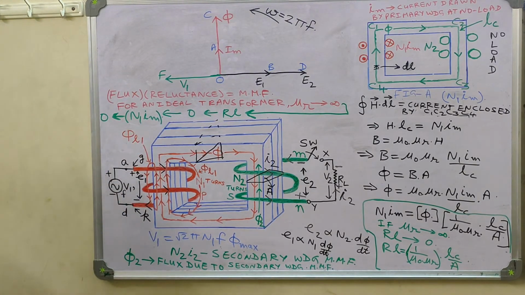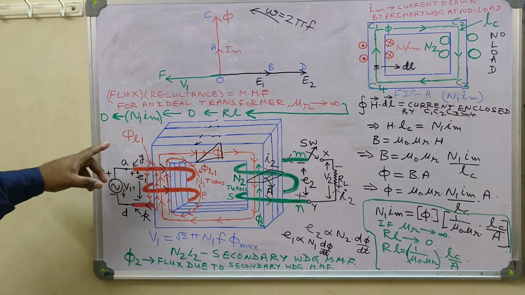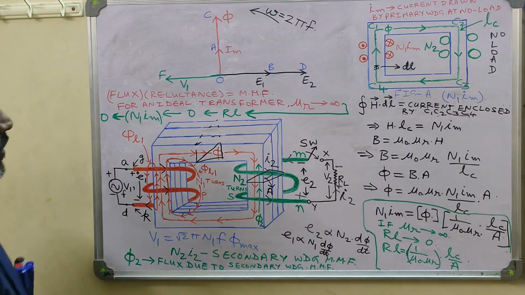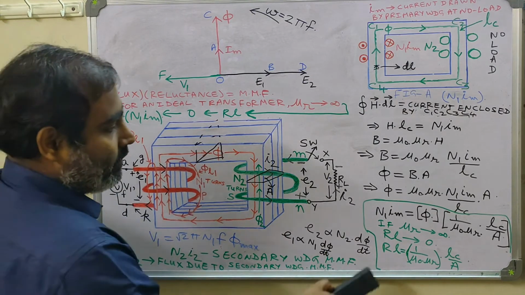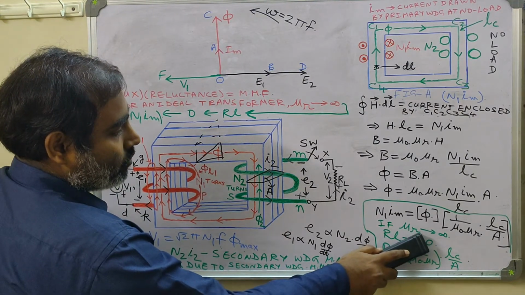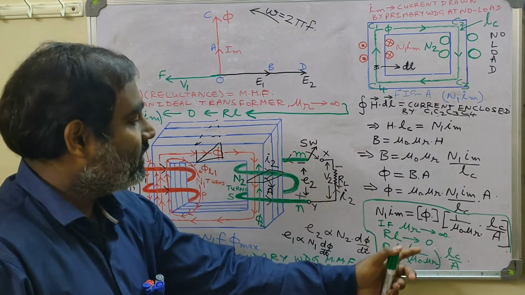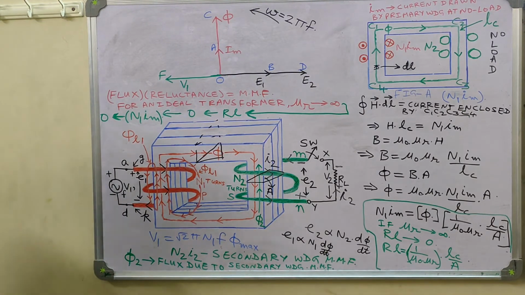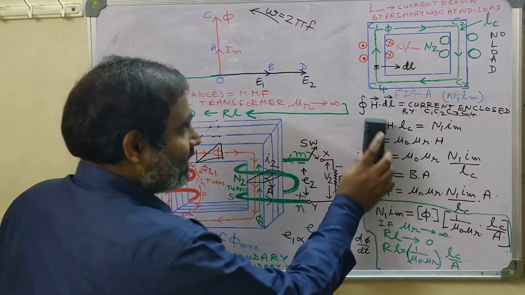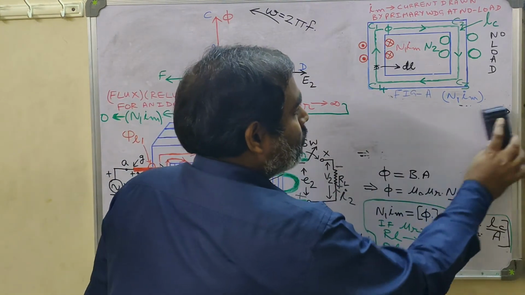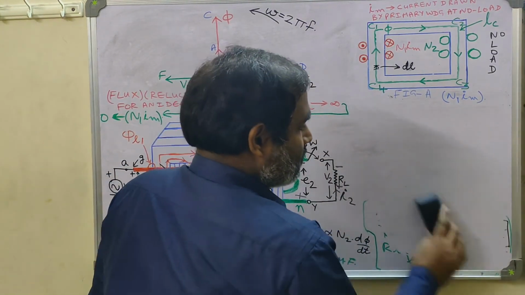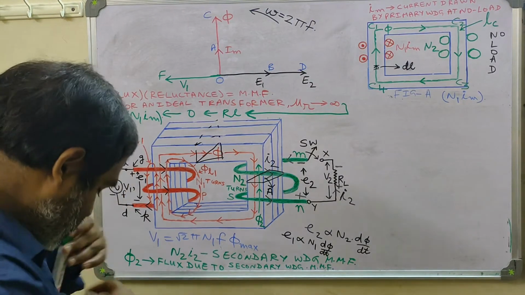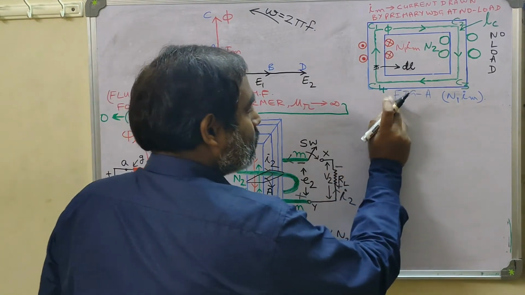Okay, so what can we write? That for an ideal transformer, if you make the assumption mu r tends to infinity, then magnetizing MMF tends to 0. So this is one conclusion which has not been drawn till now, because we were not making this assumption into force. Now we have taken this assumption into consideration. So we have been able to arrive at this particular conclusion because of that assumption for an ideal transformer. This is also one added assumption.